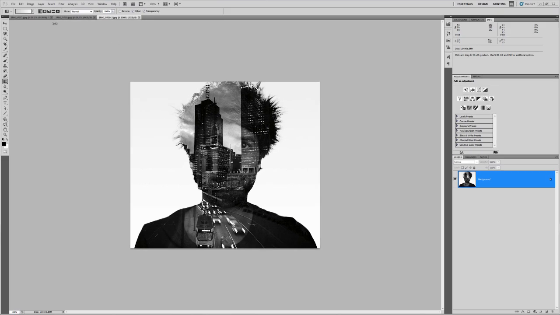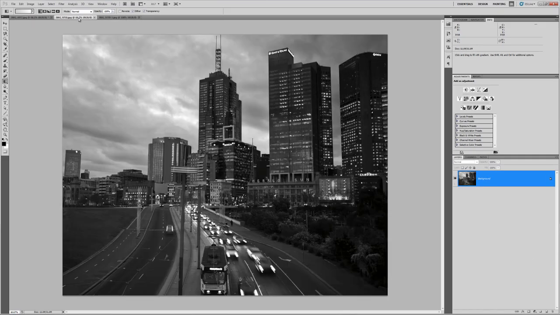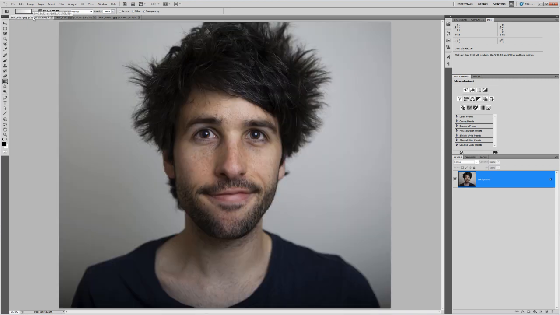So I've got this photo that I took in Melbourne from an overpass. I quite like it because it's quite high contrasty, and I can pump it up a bit, which will make it work well for the image. And I've also got this picture of myself. Oh god, not good. Anyway, so what we're going to do, we're going to select it and add it as